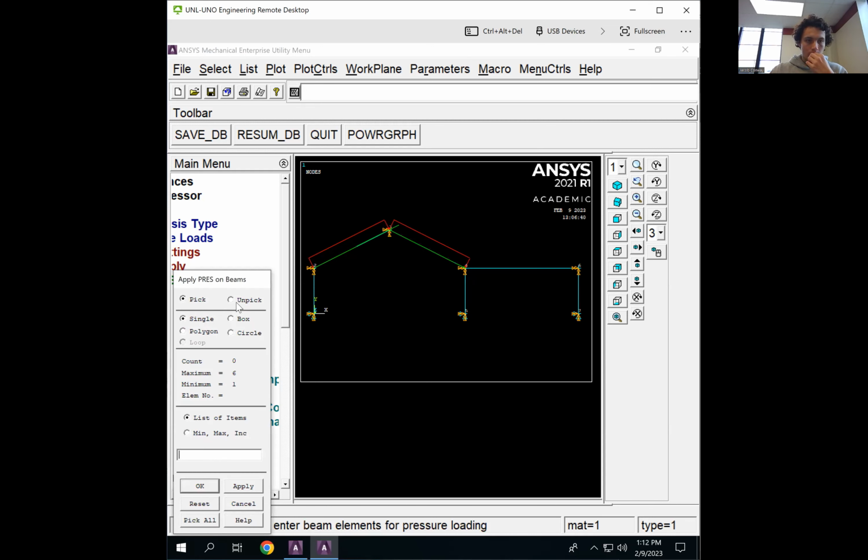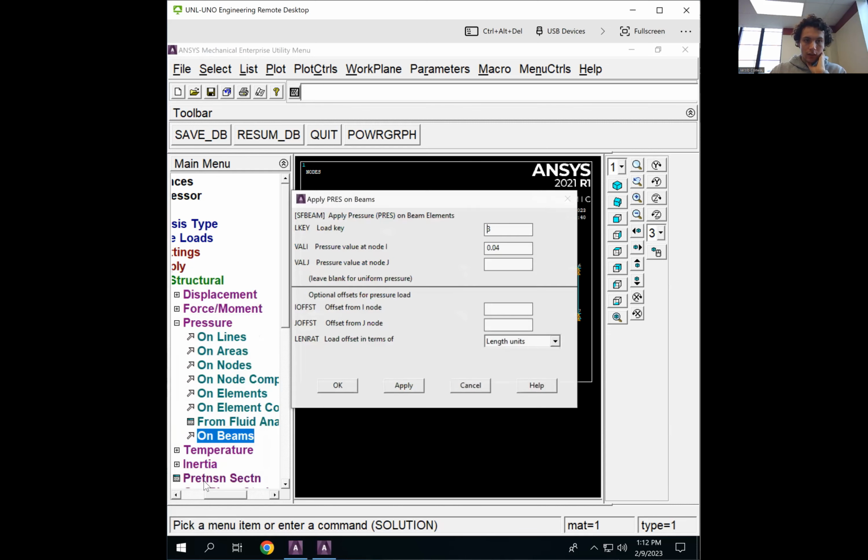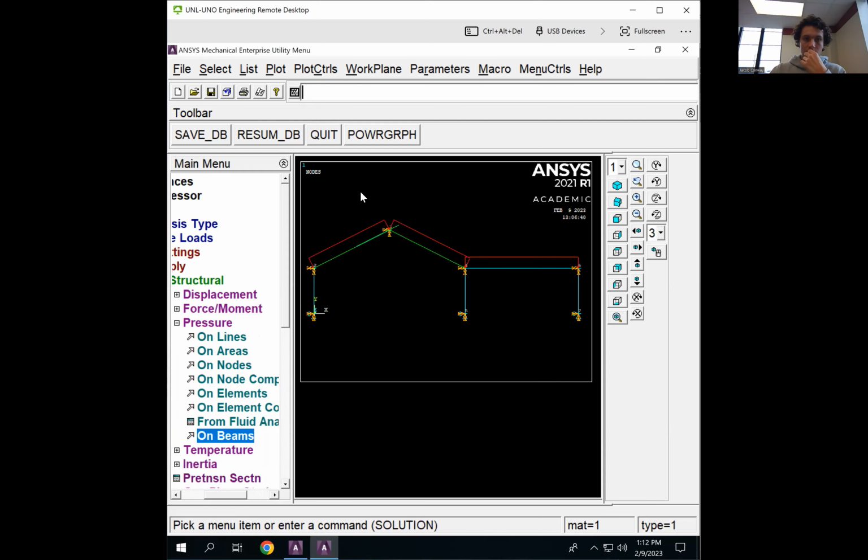So for this, for load scenario 1, we click on this one, and since it's completely horizontal, we go to load key 2, and we go to 0.1 since it's 1.2 kips per foot, but we want it in kips per inch. So we go there and click OK. I'm fairly certain that is all that we need for loading, and we're just going to need to solve it now. Just to compare, we can go to list,